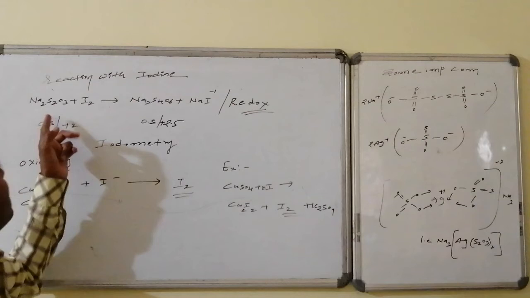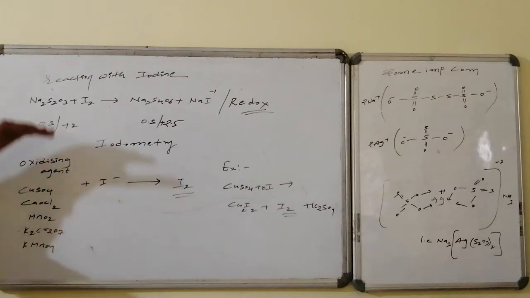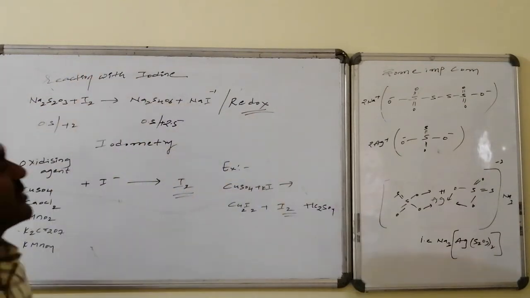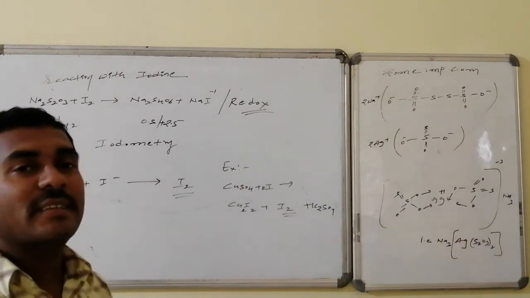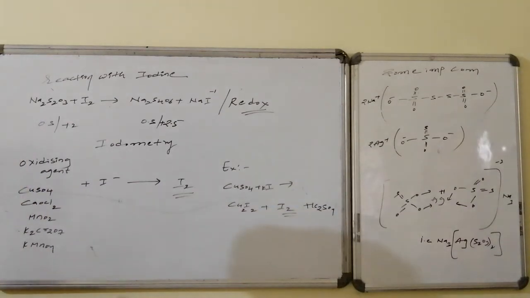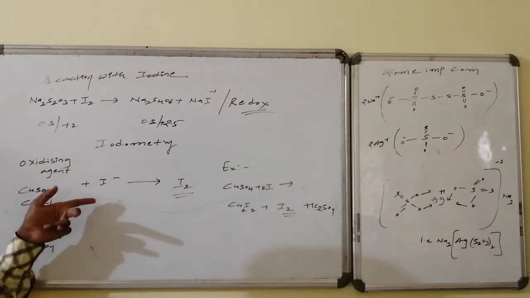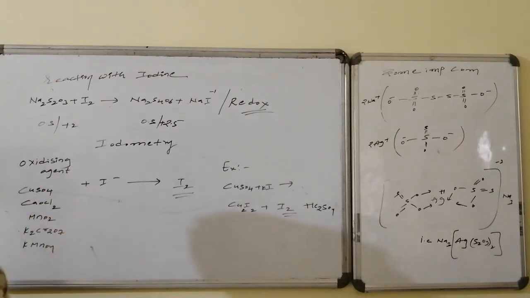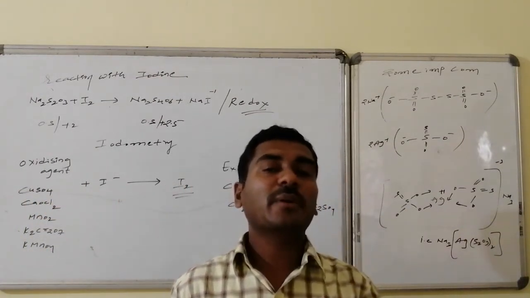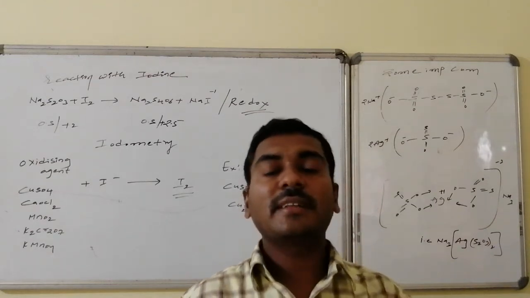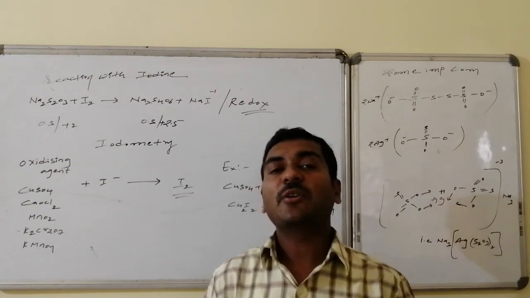This iodine is allowed to react with a known concentration of hypo using an indicator like starch. So this hypo on reaction with iodine is converted to sodium tetrathionate followed by sodium iodide. In this process a color change occurs, thereby how much iodine is utilized for this reaction can be estimated, and thereby how much quantity of the iodide-containing salt is present can be estimated. Thus, indirectly producing iodine, followed by estimation of the quantity of produced iodine, thereby calculating the quantity of iodide taken, is known as iodometric titration.